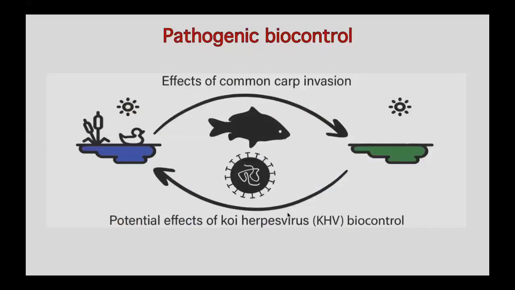So one more interesting method of control, actually I didn't mention genetic biocontrol strategies. Some of those are kind of on the horizon and are really promising as well. But pathogen biocontrol is interesting because it's sort of a tool that could be self-disseminating. So for a lot of things that would be harder to scale up to the scale of the problem of common carp, may not be a problem for pathogen biocontrol because it would kind of disseminate itself.